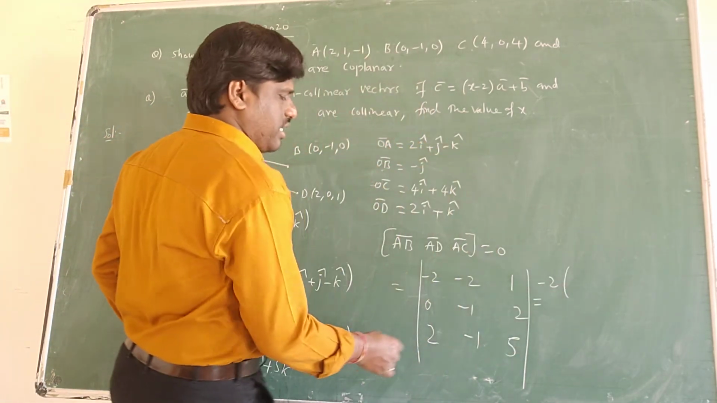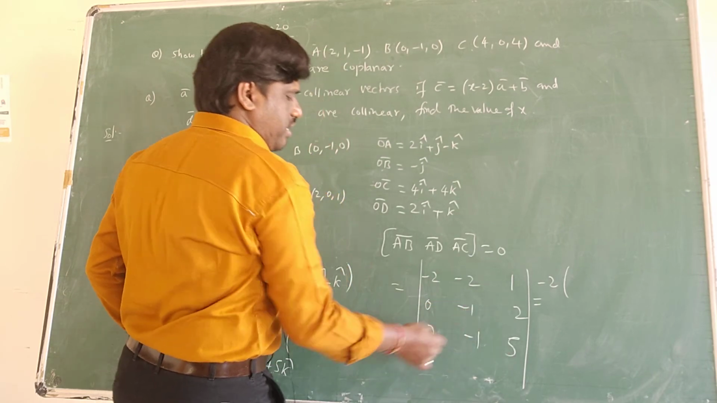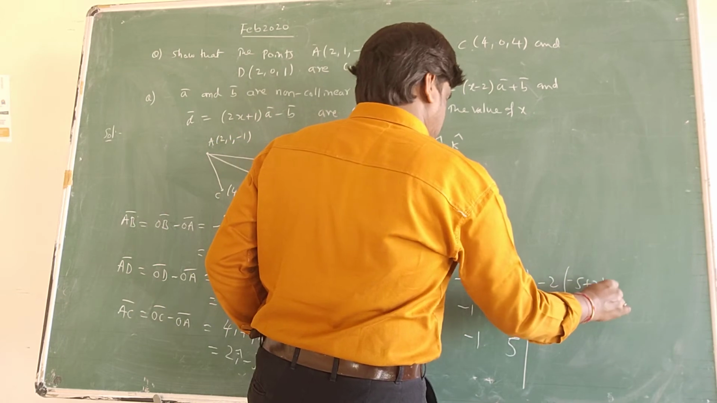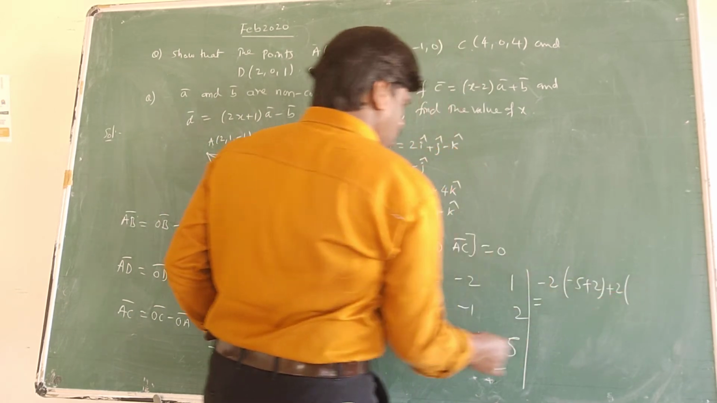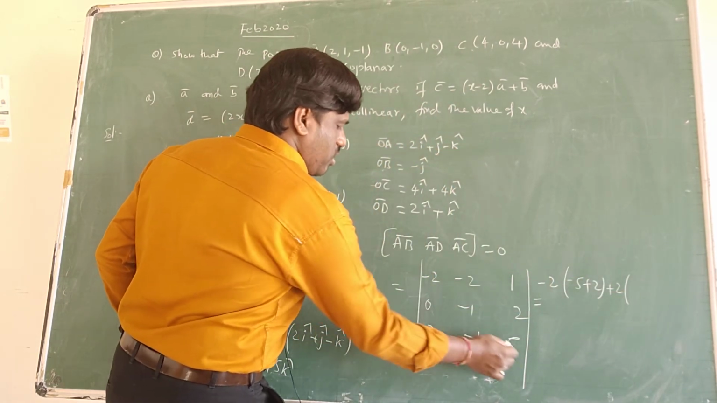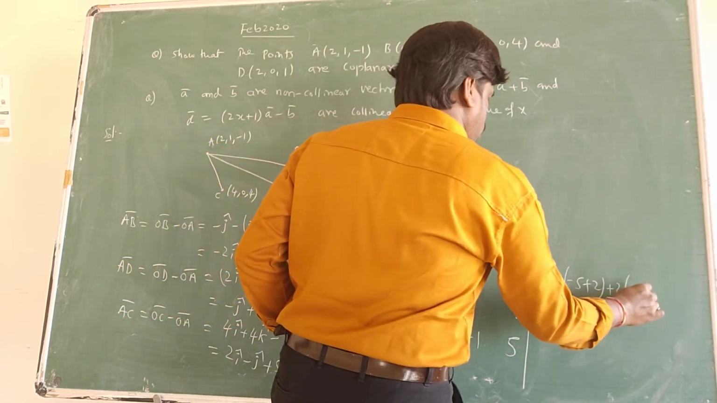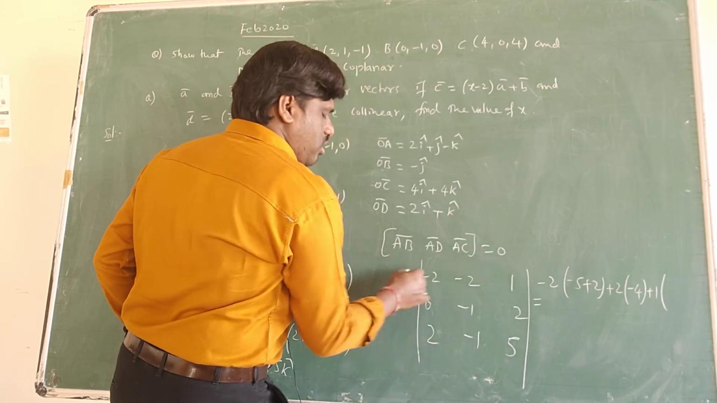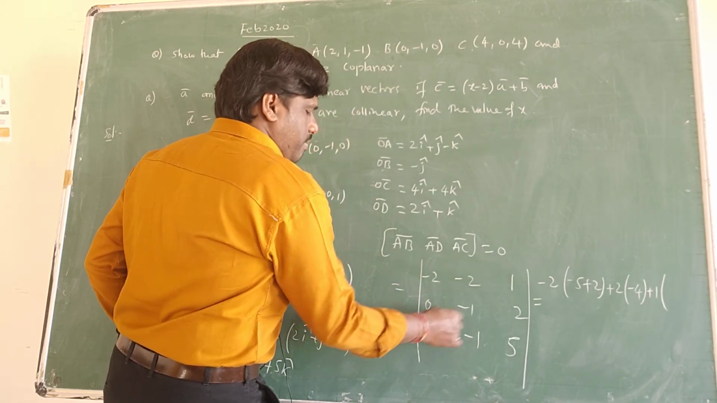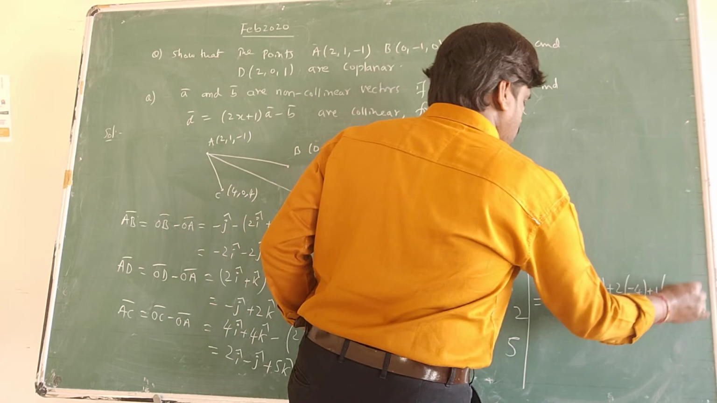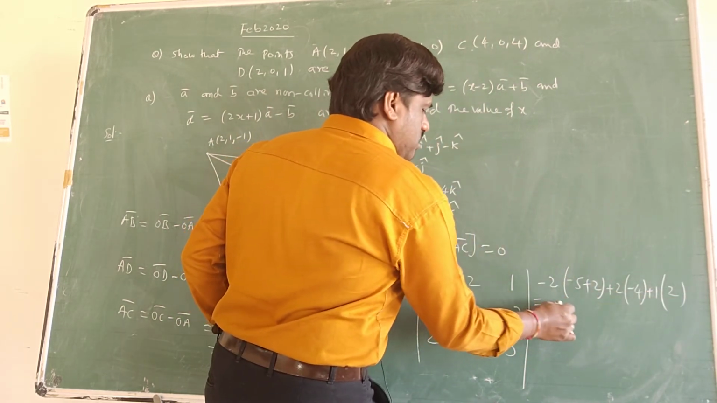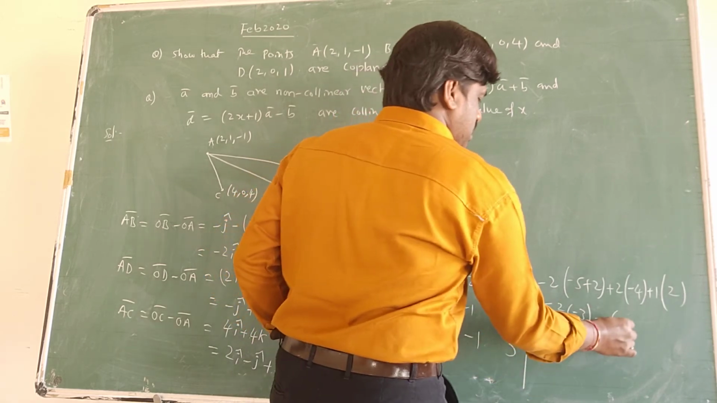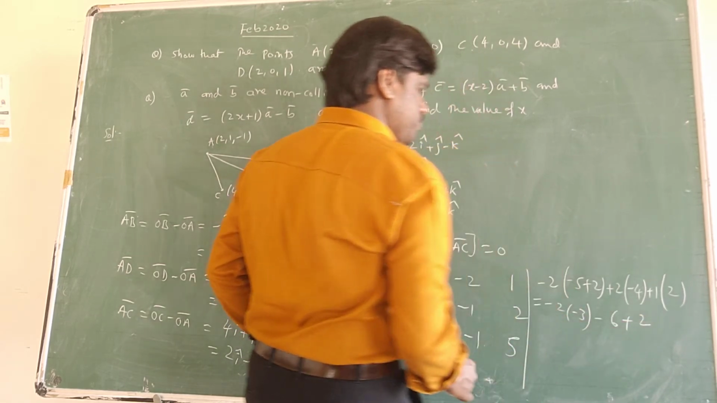Minus 2 into, see here, minus 2 into minus into 5, minus 5 plus 1, 2s are 2, and next minus into minus plus 2 into this is closed and this is closed, 0 into 5, 5, minus 4, 2 2s are 4, plus 1 into this is closed, row and column closed, 0 into minus 1, 0, minus into minus plus 2. So what I am going to get here, minus 2 into minus 3, minus 6 plus 2,